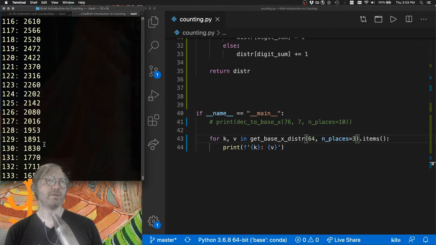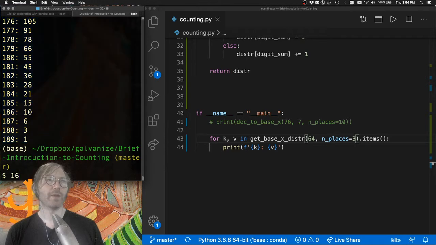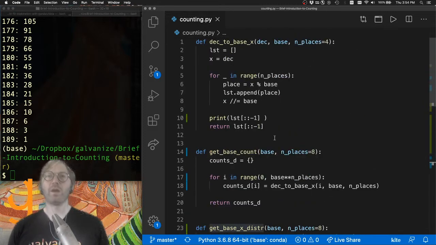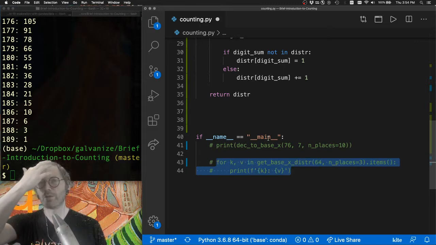And this is a lot of numbers. But this is a distribution of these sums that we're getting out of the other side. Okay. So this works for a sort of standard numeric system. It doesn't work for that kind of arbitrary numeric system that I described before, the dog, cat, bear system. And let's go ahead and write some of this so that it works for an arbitrary system,